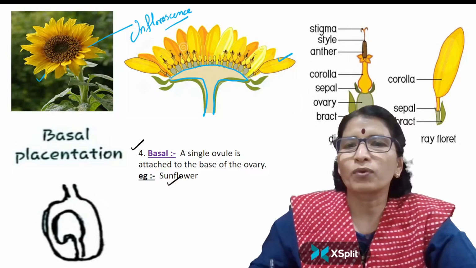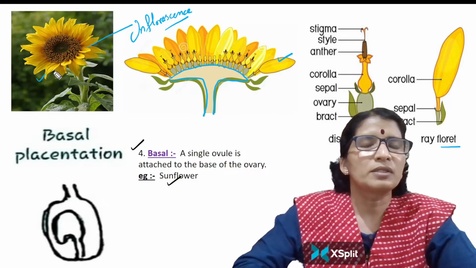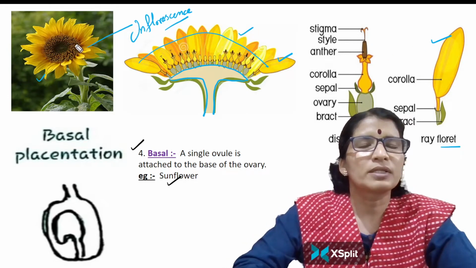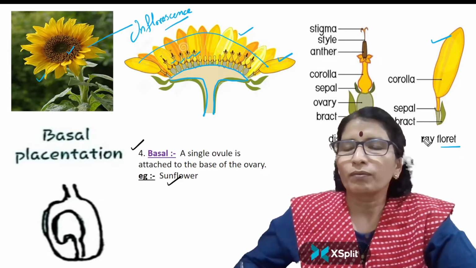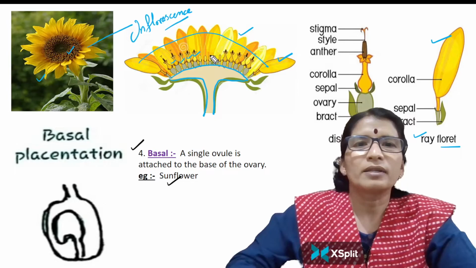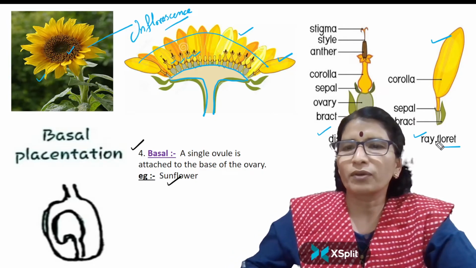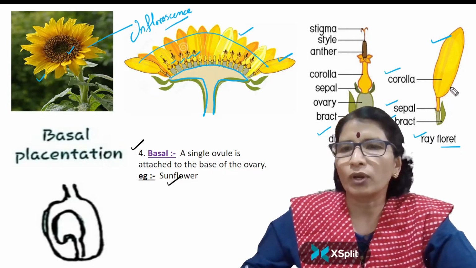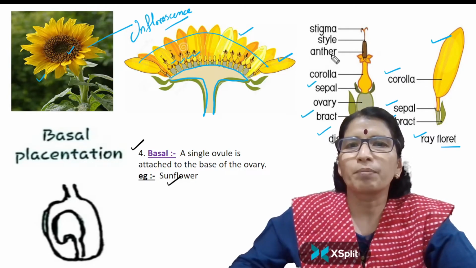Here, two types of florets are present. In the diagram also you can clearly see the peripheral florets are like this. These are the peripheral florets. And the central florets are very small in size. These are the central florets. Peripheral florets are called ray florets and central small florets are called disc florets. When we come to the structure of the ray floret, in this only bracts, sepal and petal, that means corolla, are present. When we come to the disc floret, along with bract, sepal and petal, the male and female sex